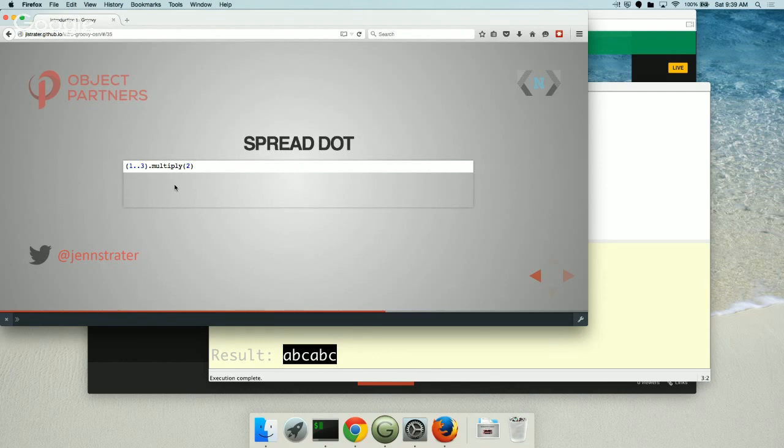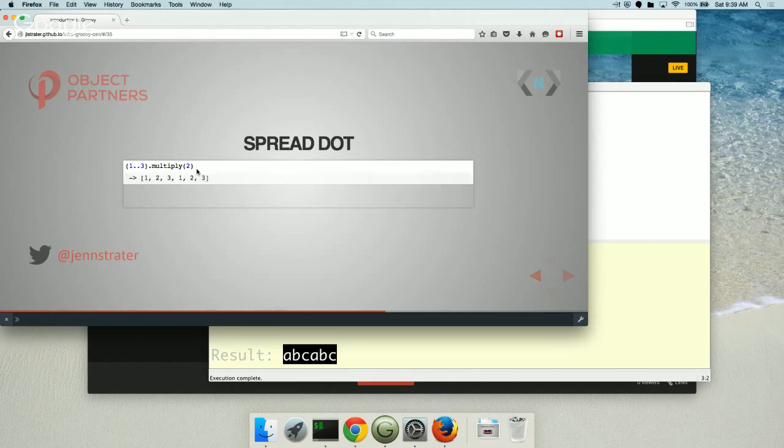So we can get even simpler. We can use an operator specific to Groovy called spread dot, or at least we call it spread dot. If you take a range from 1 to 3, so the numbers incrementing 1, 2, and 3, and multiply them by 2, we should get 2, 4, and 6, right? Nope.